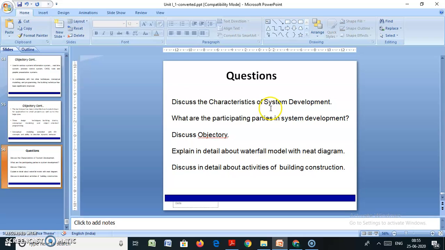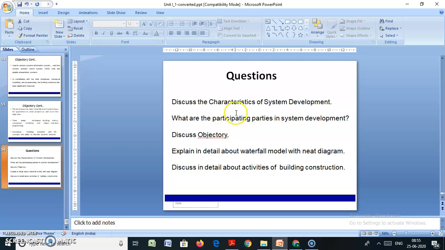These are the very important questions of Unit 1. Discuss the characteristics of system development. System development is a large part of the system development activity.